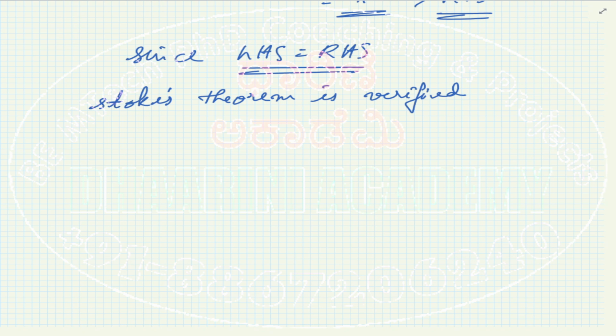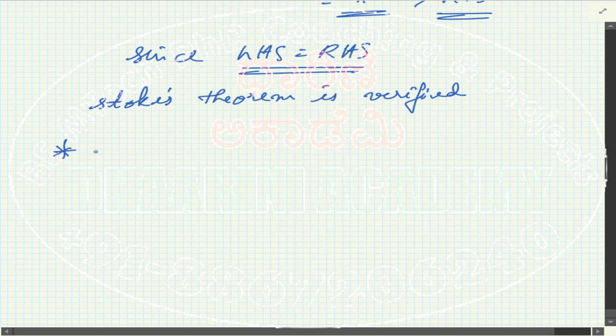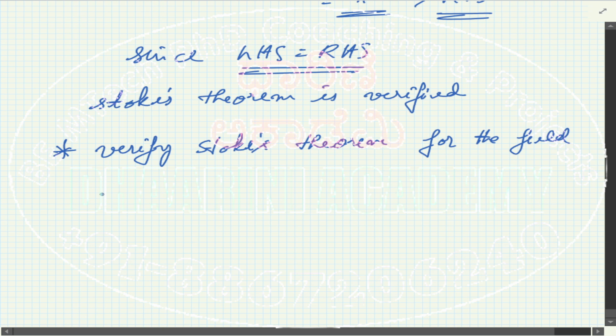All right, then let's go to the problem number 2 on the Stokes theorem. Okay, so the problem statement is: verify Stokes theorem for the vector field f equal to x squared plus y squared into i cap minus 2 times xy into j cap, taken